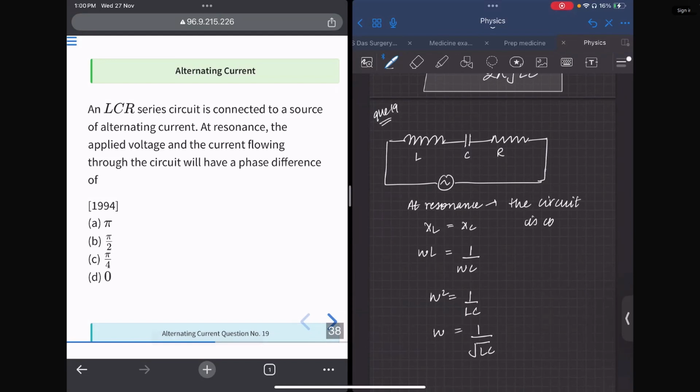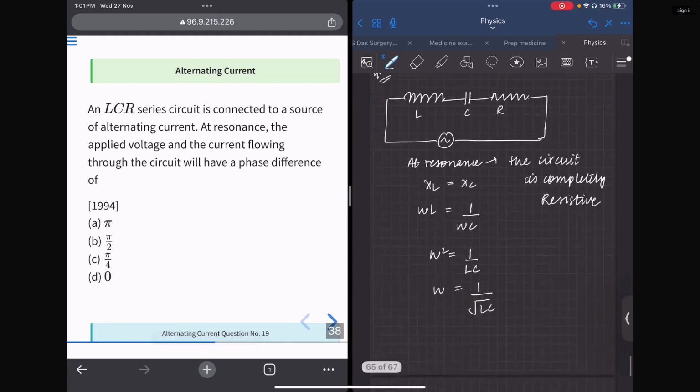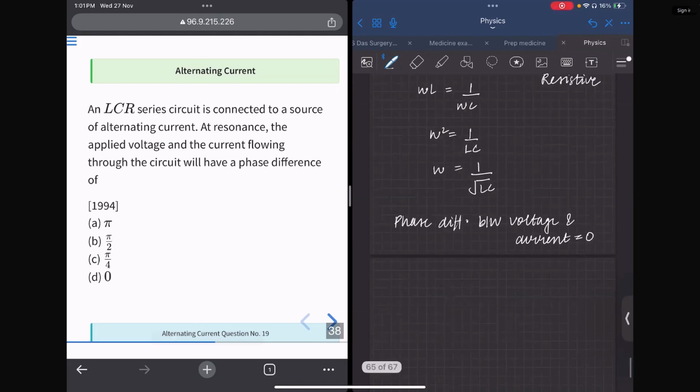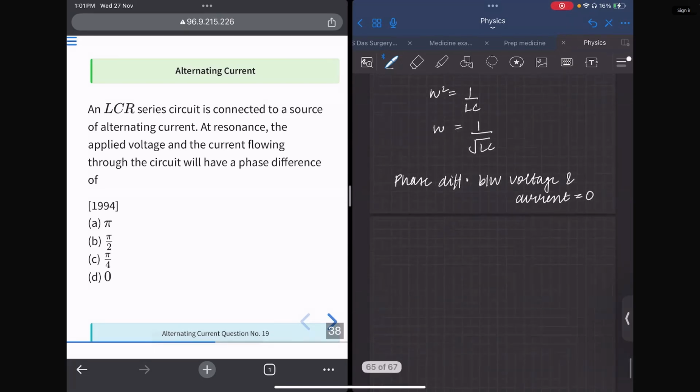The circuit is completely resistive. Okay. So in a resistive circuit, the phase difference between voltage and current is equal to 0. So if we consider,